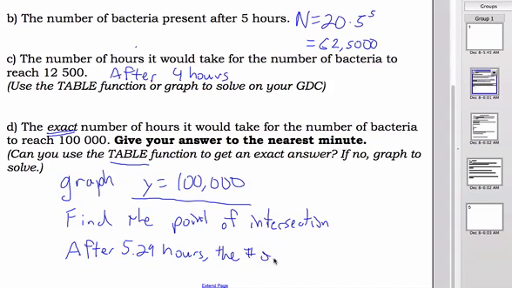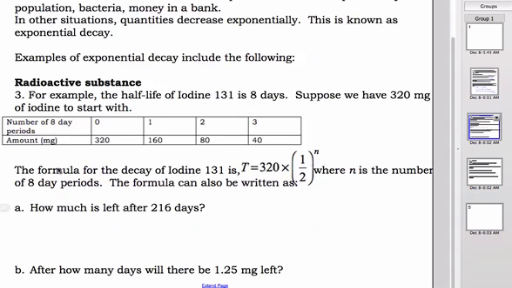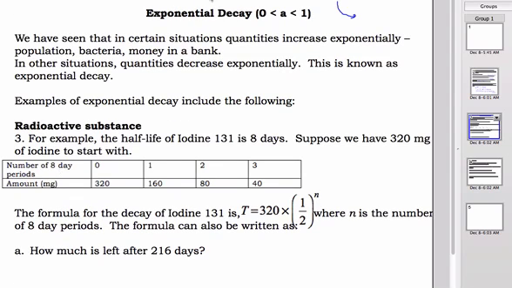The number of bacteria reach 100,000. Okay, now we're going to look at an example of exponential decay where the a value, basically the base